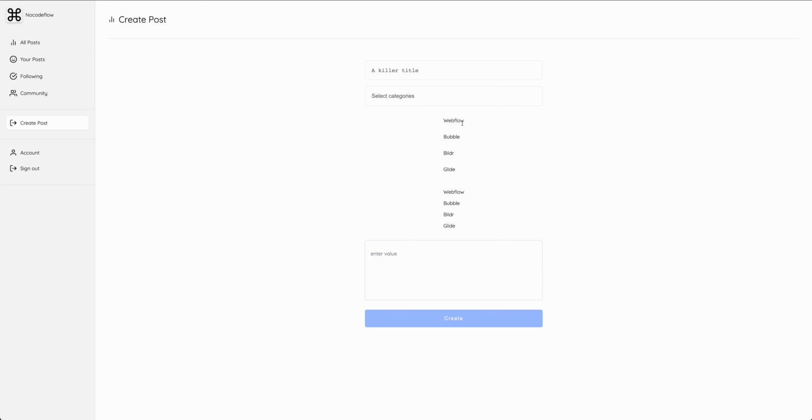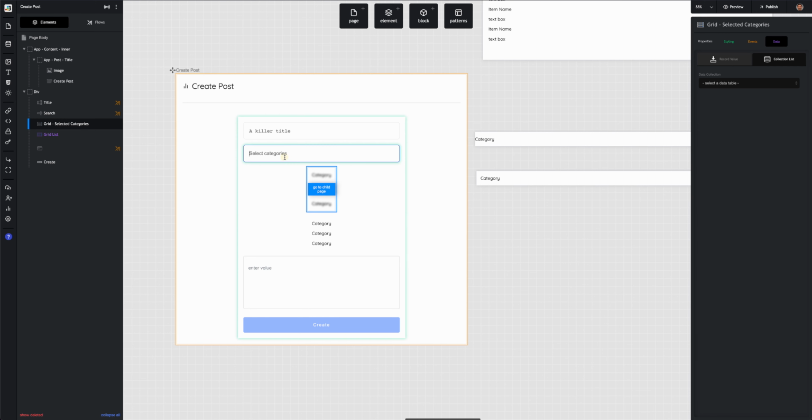Okay, so next what I'm going to do is take these, and instead of displaying them like this, I'm going to display them inside of this input, basically. And we'll kind of format them to be little tags, and maybe we'll put a little X on the right or something so that you can click to remove. So let's see, is this an actual input? It is. Okay, so what I'm going to do